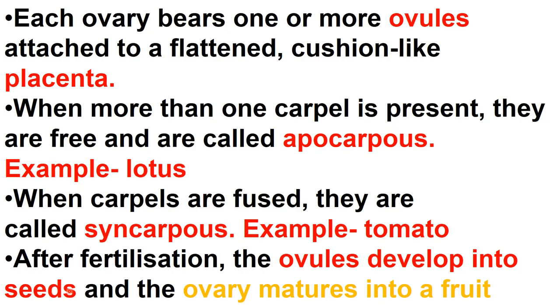These seeds are produced after the fertilization, right? And which part is forming these seeds? Ovules. So ovules develop into seed. And what happens with the ovary? The ovary matures into a fruit. So as you know, seeds are present inside the fruit, right? Whenever you eat a fruit, inside a seed is present. So just imagine the position: the fruit is a matured ovary, and inside the ovary, because ovules are present, those ovules have developed into seeds. So inside the fruit, seeds are present.